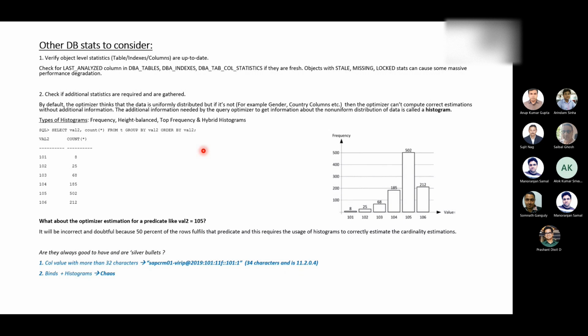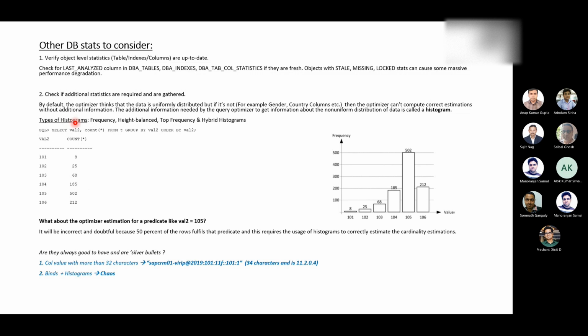If you see here, for example, in this table T, we've got 6 different values, and this is the total count. Like 101 was repeated 8 times, and 102 was repeated 25 times, and so on, like 185, right? That's how the data was distributed.